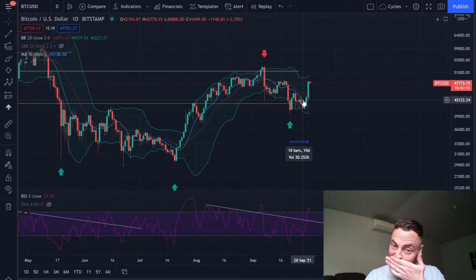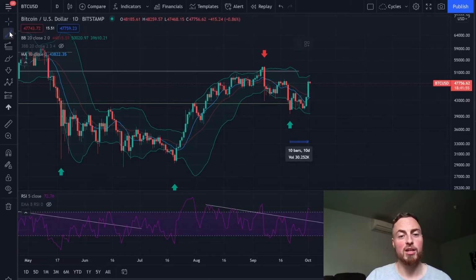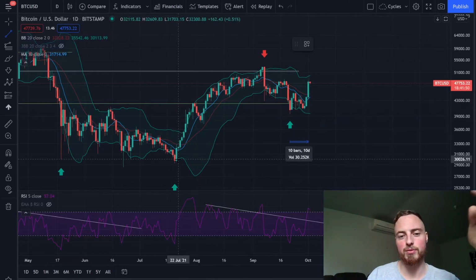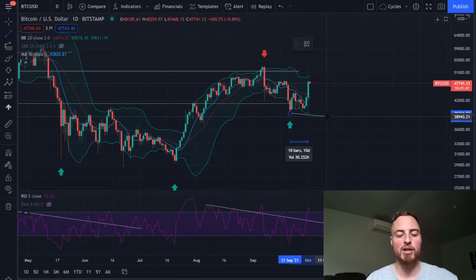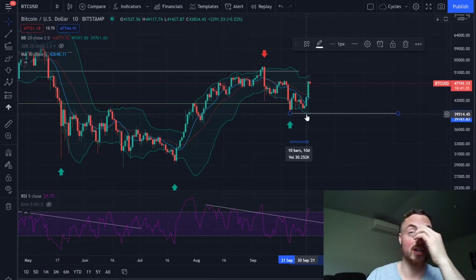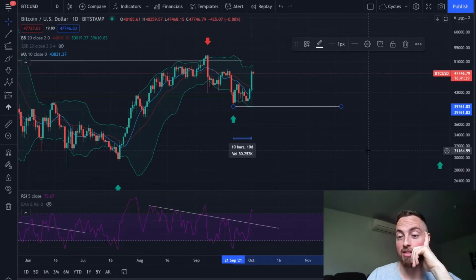For me, I don't think it would be going into a wave C. I just don't believe in Elliott Wave that much, and I try and stick to my own methodology of trading cycles. And again, that 6-monthly cycle that I talked about, where we use the 60-day cycle as a bit of an indicator of where it could go for the rest of the cycle. So for me, Bitcoin must hold this 39,000 level, basically for the uptrend to continue